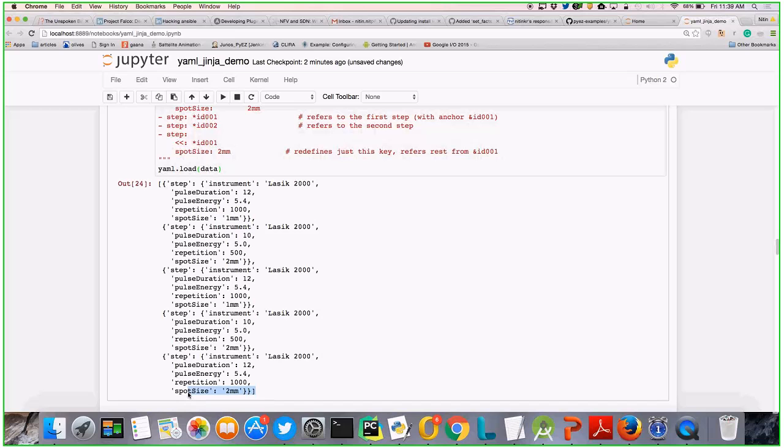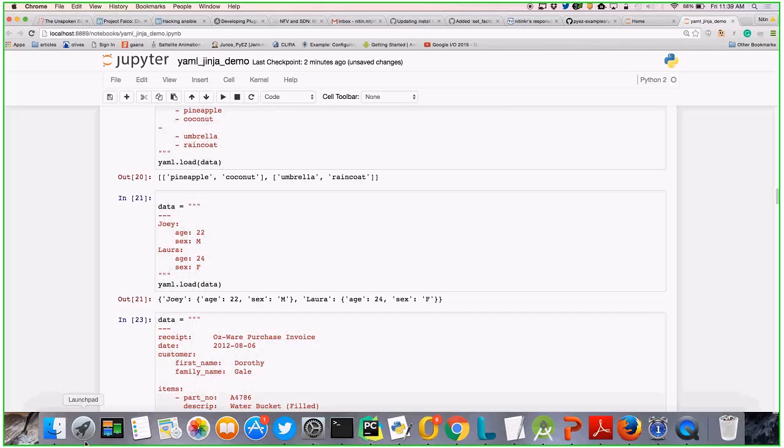So any doubt in YAML, or can I move to Jinja? Everything is a string. So basically in the code we do the mapping. This way it will be a string, but if you are providing an integer, it will be converted into an integer. Ideally it should be, by default. We had it like that one. Let's try that. So here you can see age is 22.